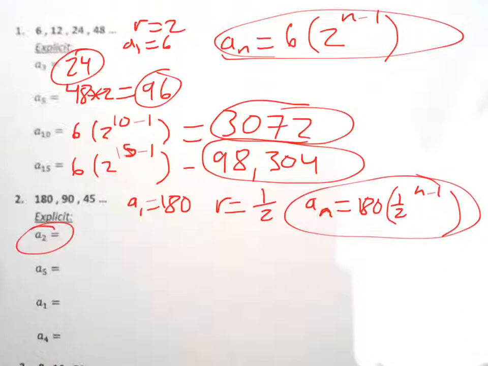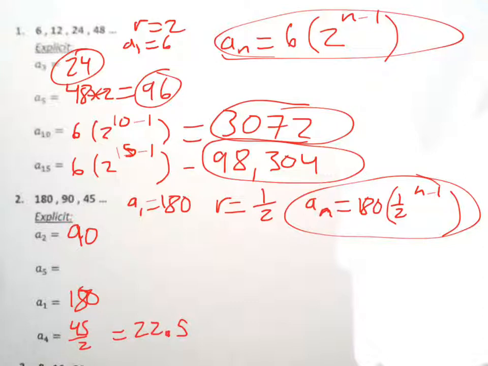And that one's it, and it's ready to go. If you want to get a sub 2, you just go to the second term of the sequence, which is 90. I want to get a sub 4 before I do a sub 5. To get a sub 1, you just go to the first term of the sequence, which is 180. To get a sub 4, you can go to a sub 3 and divide by 2, because we know we need to divide by 2 every time. So that's 45 over 2, which is